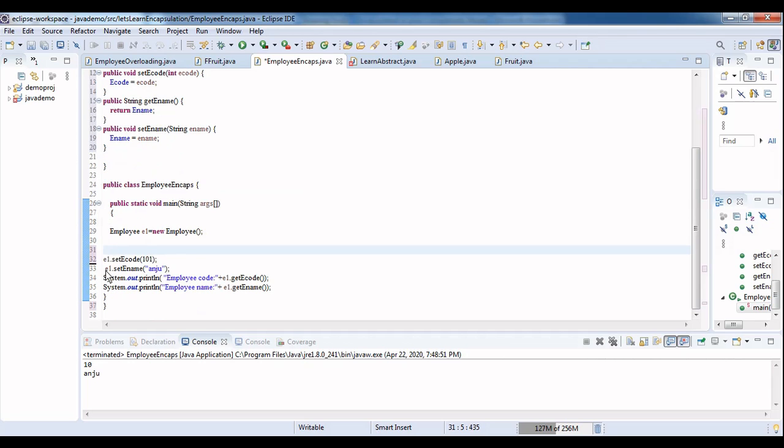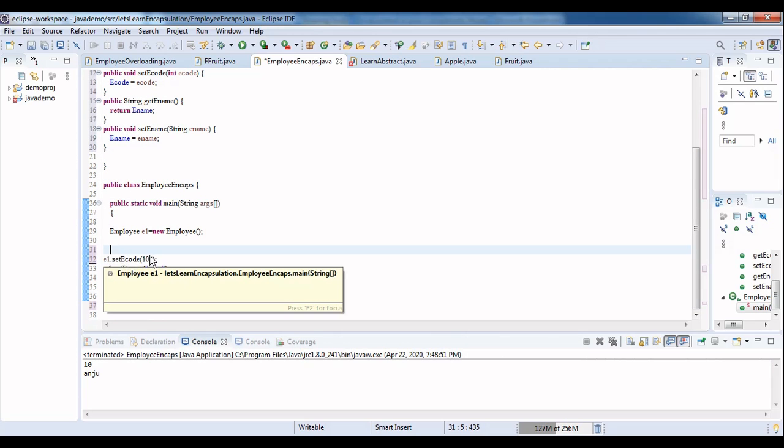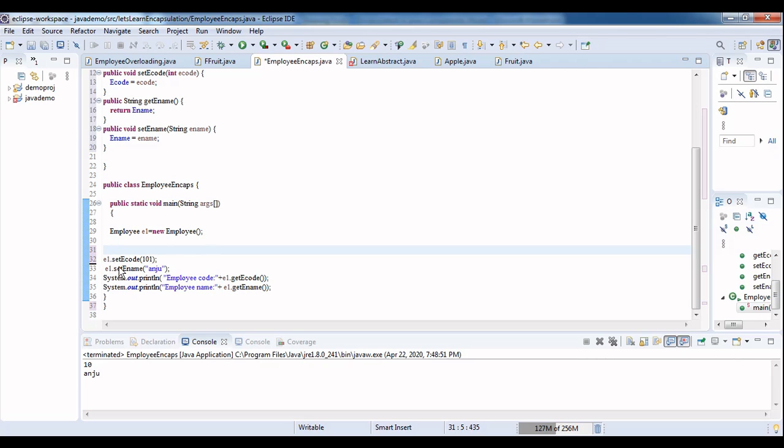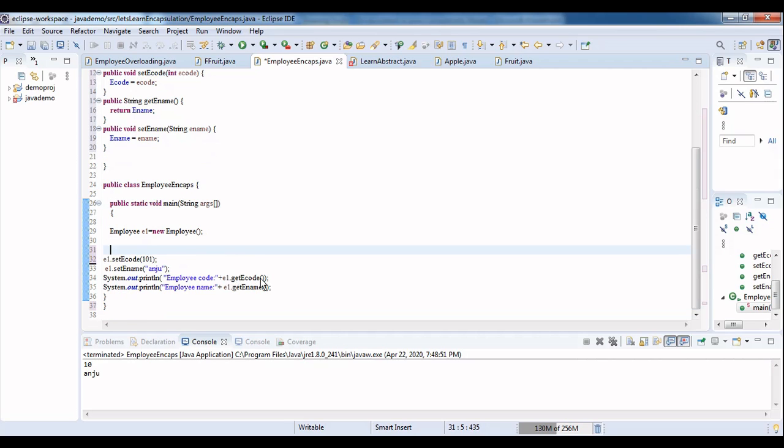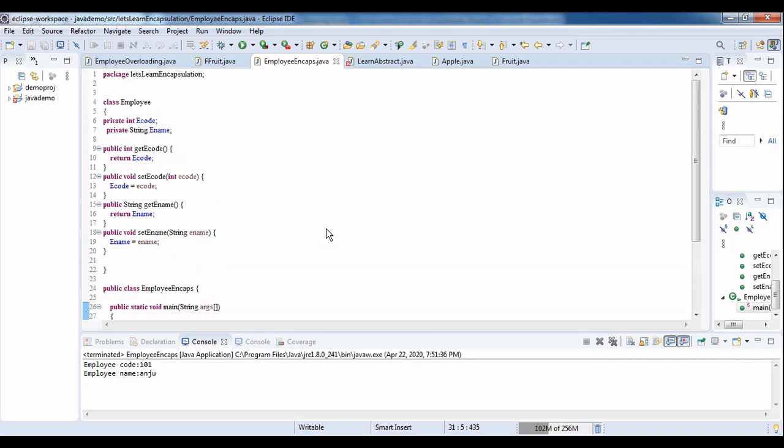Okay. So what I am doing: employee object variable dot set code, I am assigning a value. Next, the object variable dot set ename, and I am assigning a value. Then I have to display it, right? Via which method will I display? Via read. For read purposes, what is used? Get code. So e1 dot get code, e1 dot get name. Now I try to display it. Yes, you got the answers, right? So this is how encapsulation is achieved in Java. The variables are made private and you are using public methods to access them.